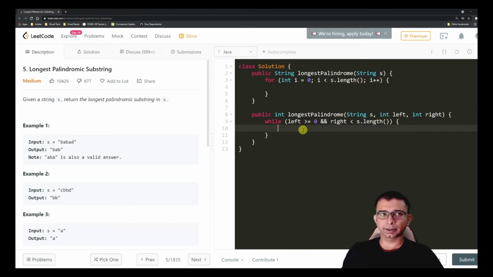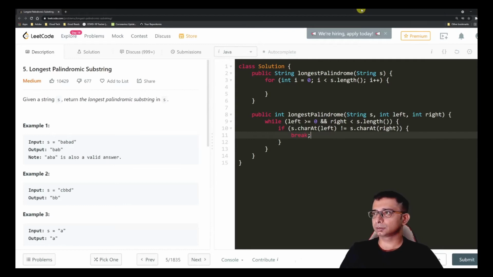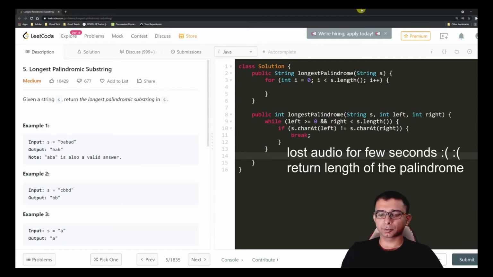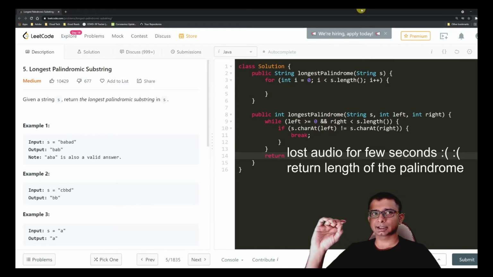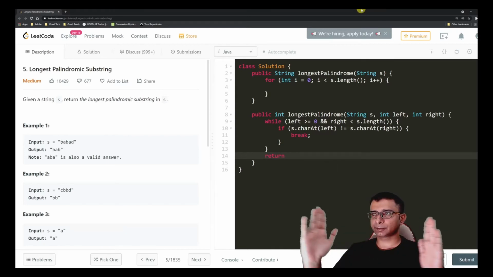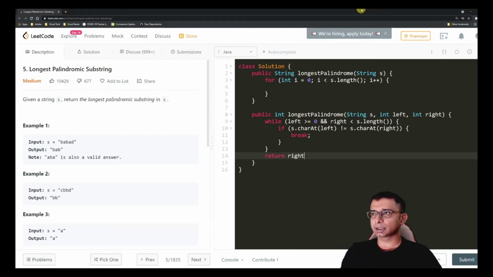inside the loop, right? So we are going to break out of this loop when we see that s.charAt(left) is not equal to s.charAt(right). That's the moment we are going to break this loop and we are going to return. So right and left has been moving, right? So we need to return right minus left,